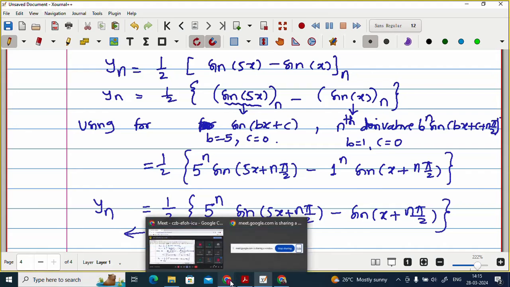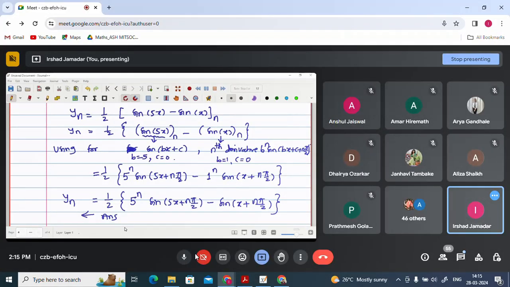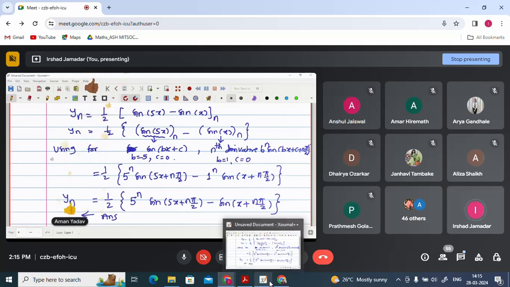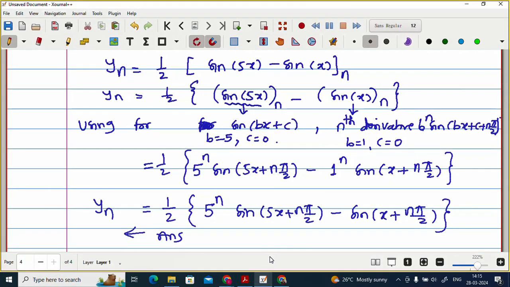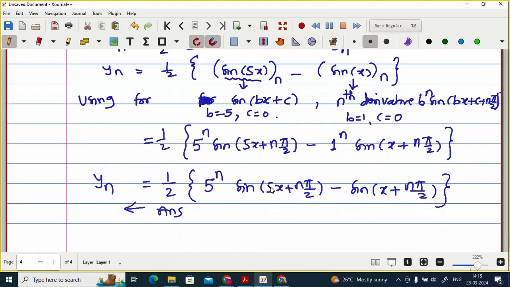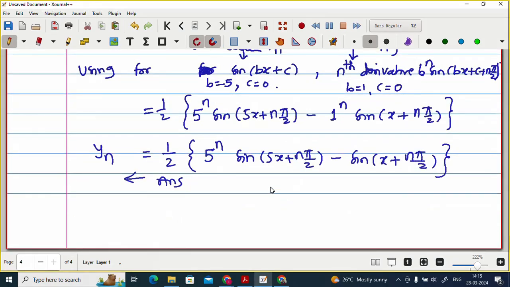Is it clear to all? Okay. Yes, sir. This is a very simple example, and this is from your question bank also. But you just focus on the concept instead of doing the practice from the question bank only. Your job is to understand the concept so that if there is any question of that type, you must be able to solve it.